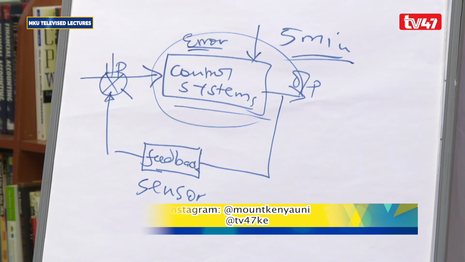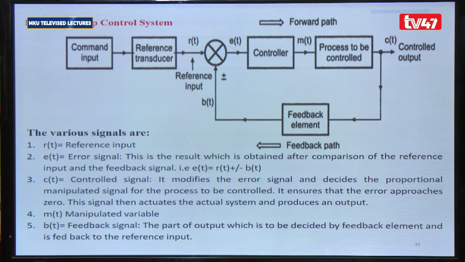So you can see from the diagram here, we have our reference transducer. You put in a command to a transducer. Then we get our error, which is the comparison between the output and the input. Remember, this is the input now to the controller. So first of all, it is compared, then it is controlled, then it goes to the process to be controlled